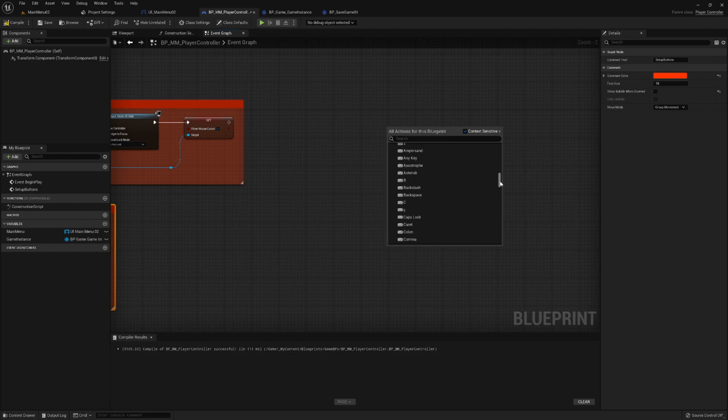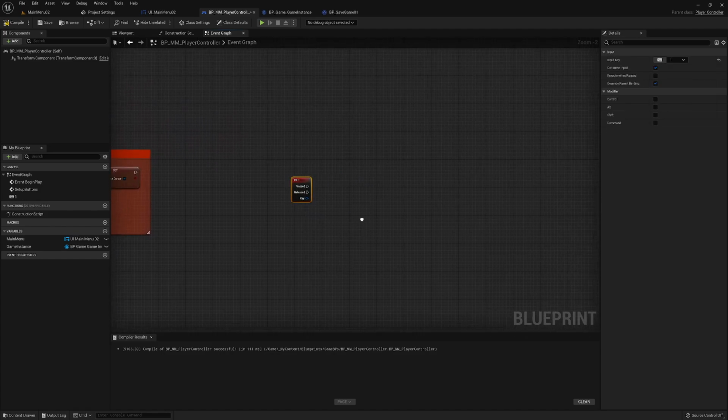And we don't want S because that's there. P is pause. What can we use? I just want to test things out. Maybe we'll just use 1 and 2. Yeah, okay. 1. When that's pressed,